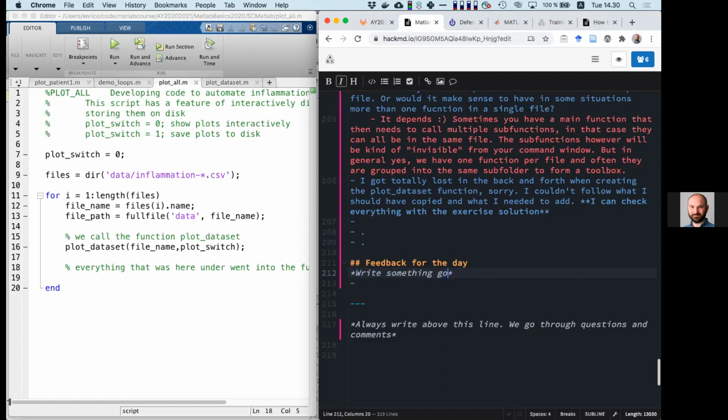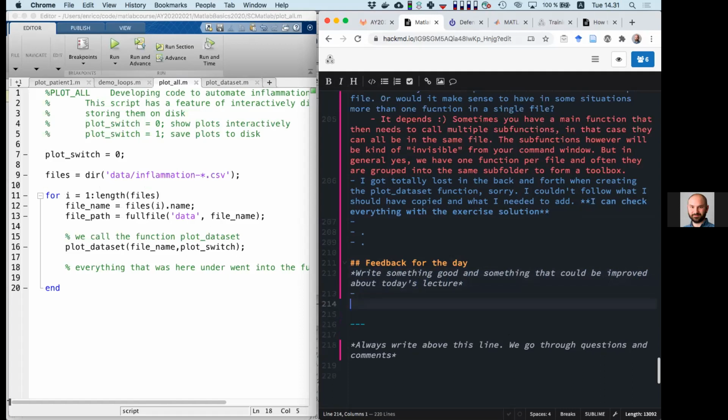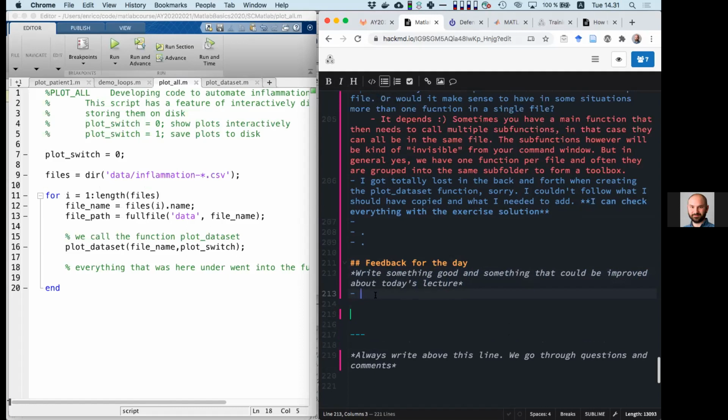Write something good and something that could be improved about today's lecture. I forgot last Wednesday to ask about the daily feedback, but that's okay. At least on Tuesday, things were quite good, except a bit of the speed. So if you could all spend a minute, a couple of minutes, and just write down what was good,